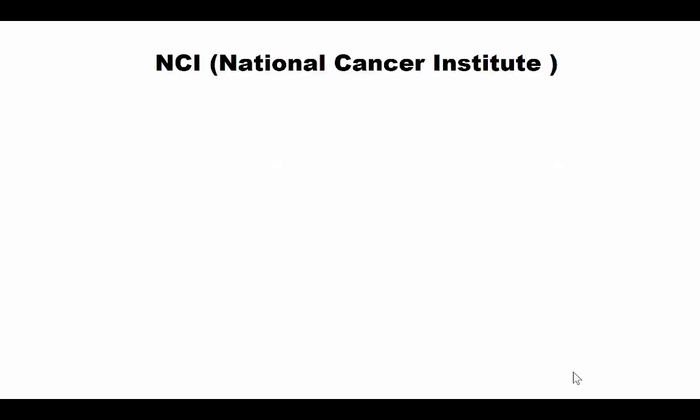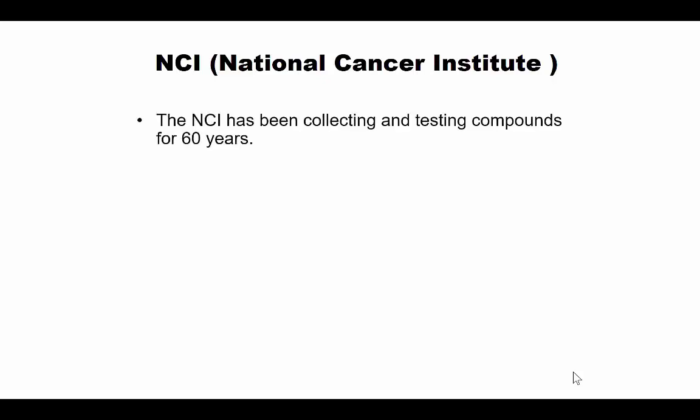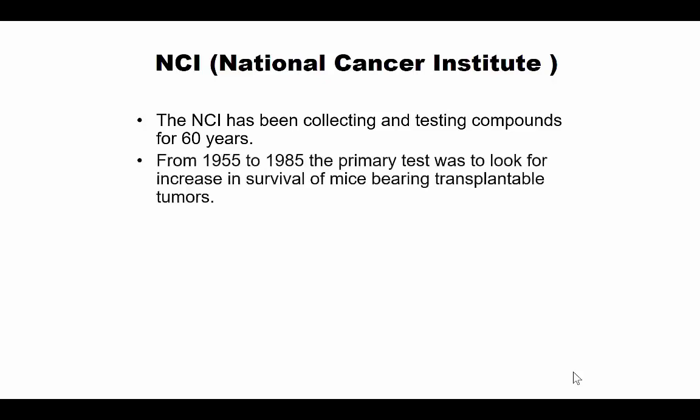One possible solution was provided by the National Cancer Institute in the US. NCI has been collecting many compounds from all over the world and then testing those compounds as a kind of academic service. In early stages, they tested the compounds directly in mice, which had transplanted tumors, and checked whether the compound could cure the tumor or whether it killed the mice